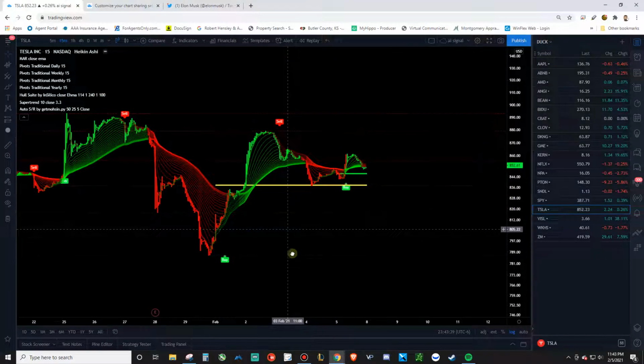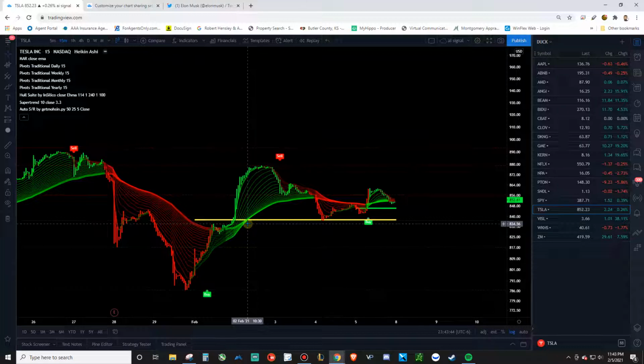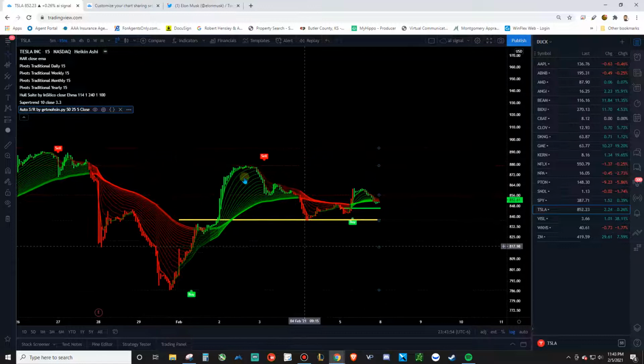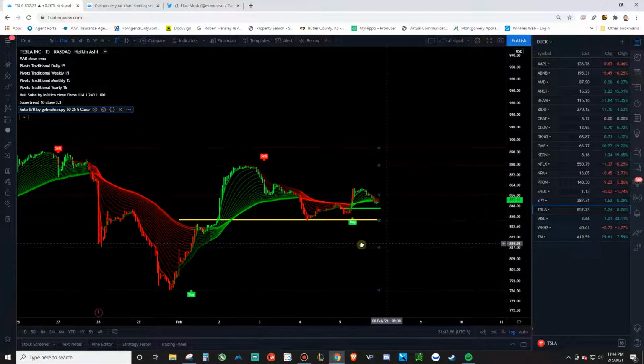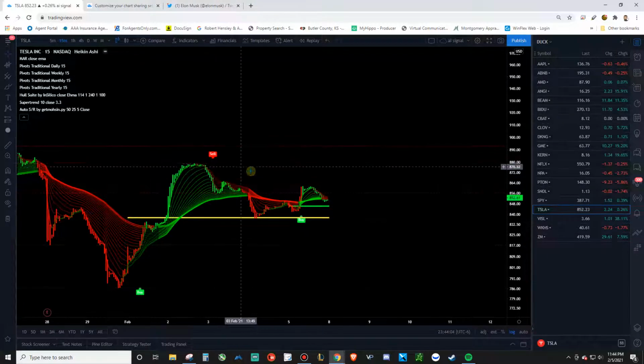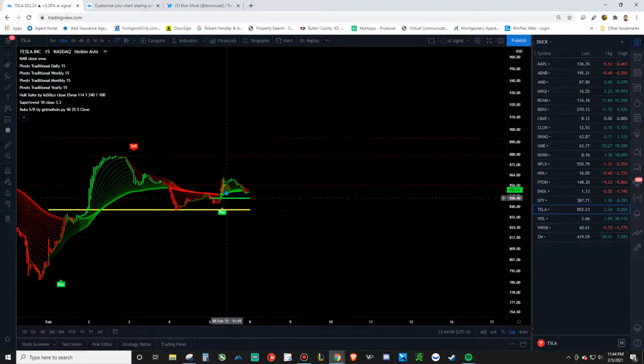Tesla. So I was in Tesla from, let's see, was I in from here? Yeah, the other day I bought here on the weekly pivot, and it just went ballistic, right to a resistance. I had the 880s, and then the nice little sell. I was out just because it was running into it. It's actually a monthly fib level, a monthly pivot level, but it comes right back to the weekly pivot. And then I got back in today,